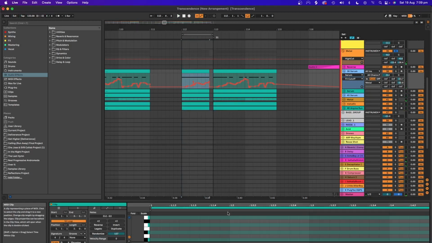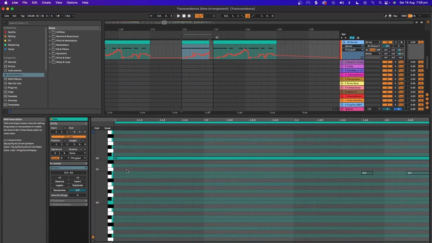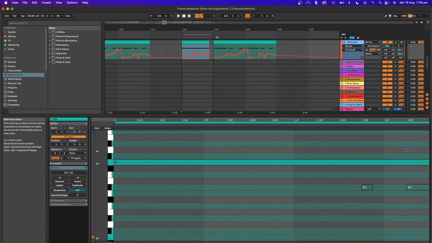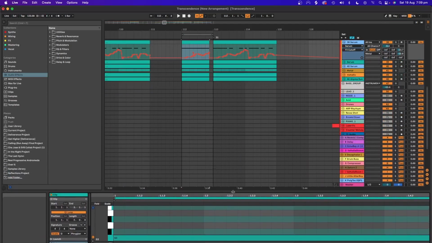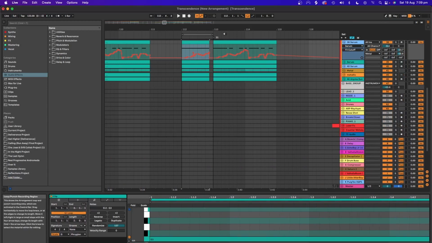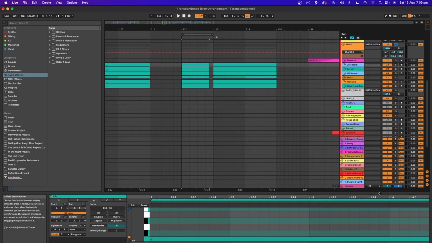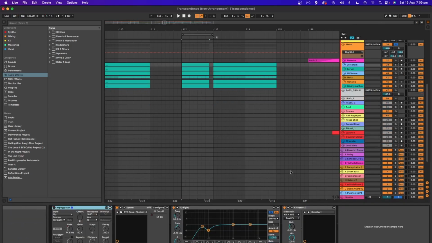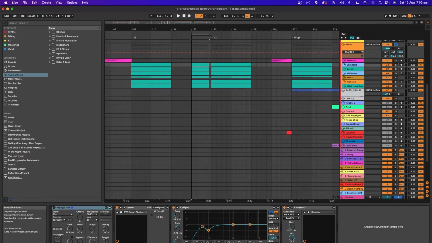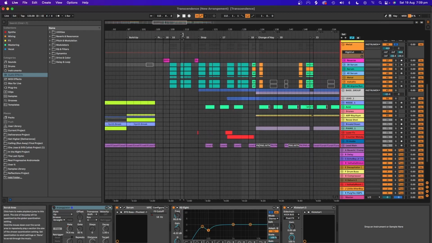And if we have a look at the MIDI, it's just a single note. It's just a single note on the G minor, which is just an elongated note. And what the arpeggiator is doing is allowing that to open up very slowly as you automate the rate up and down. Or in this case, I'm automating the rate up. So it gives you that kind of wind up sound. Besides that, this track is actually quite simple.